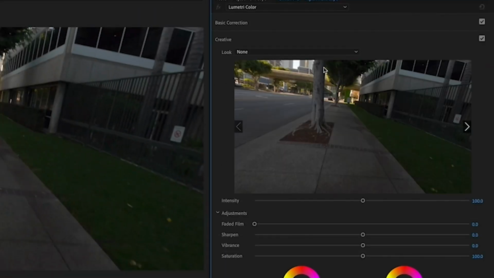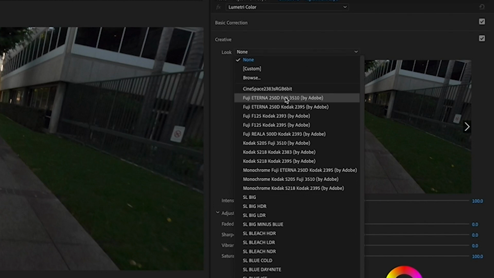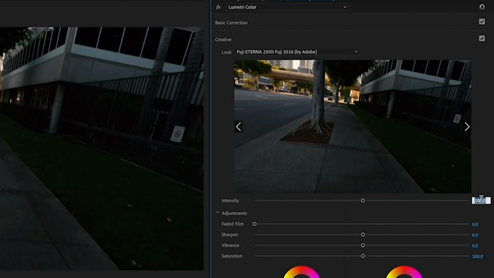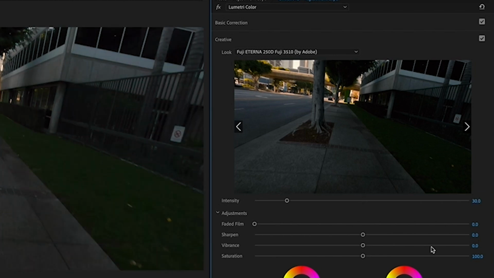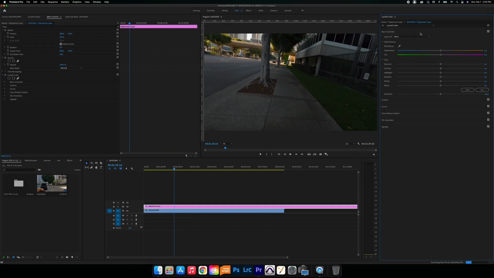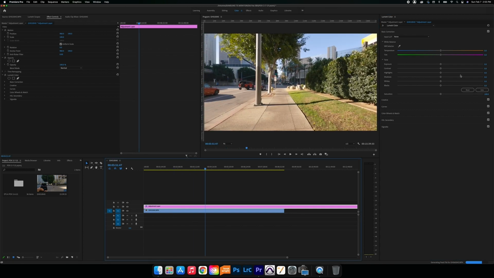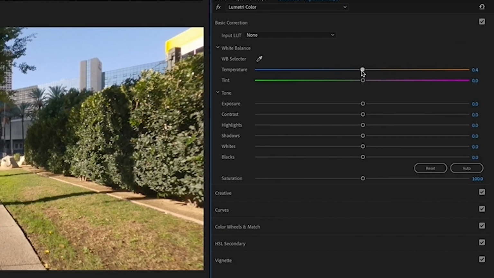So you go down here, Fuji Eterna 2500. I like to lower the intensity down to 30 because it's a little too intense and too contrasty. Increase the sharpening and vibrance a little bit. Then go to the actual timeline, find some footage where it's kind of bright like here, and play around with the white balance. I like to cool down the video